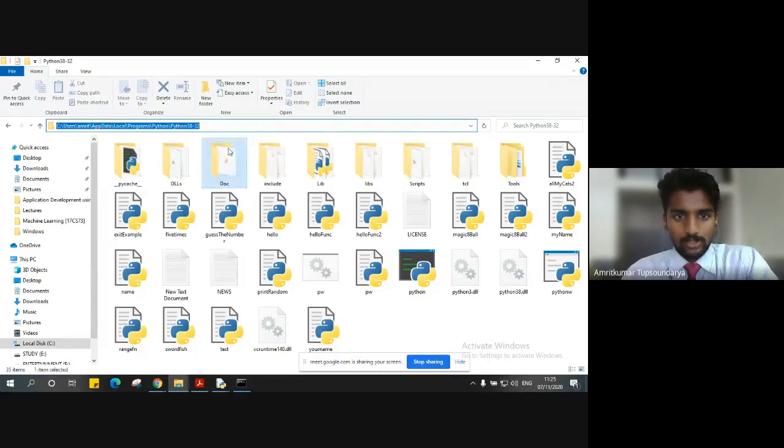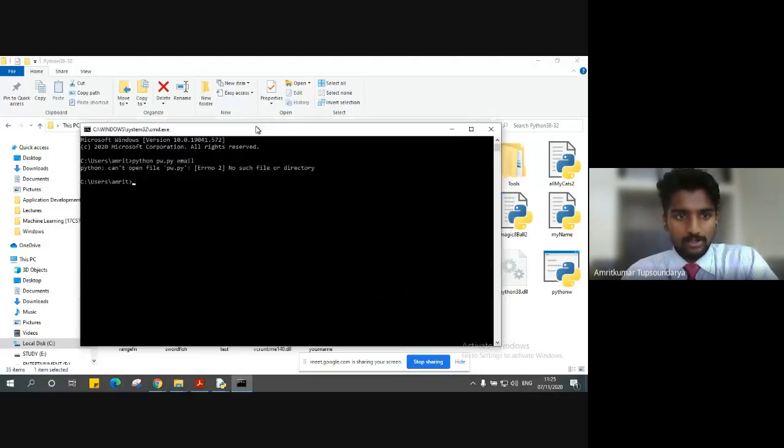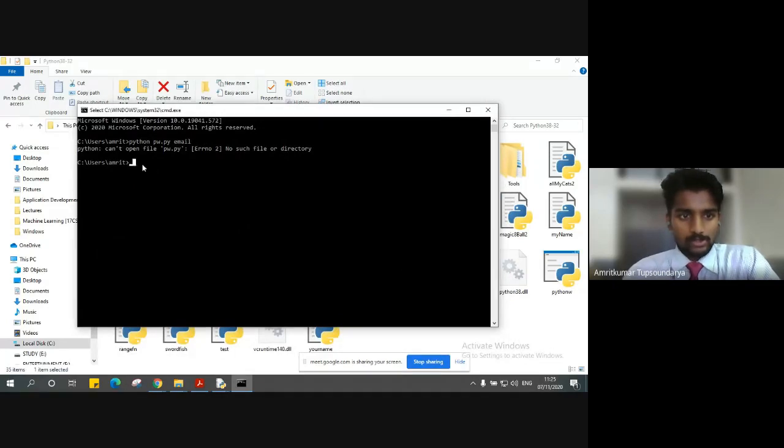So in order to execute it, I have to go to this location. So what I'll do is I'll just simply copy this location here. This is very important, please keep note of this. I'll use the command called pushd. Pushd is the command which is used to go to a particular directory, right? So the command prompt will automatically push you to that directory. So what I have to do is pushd, space, the location.